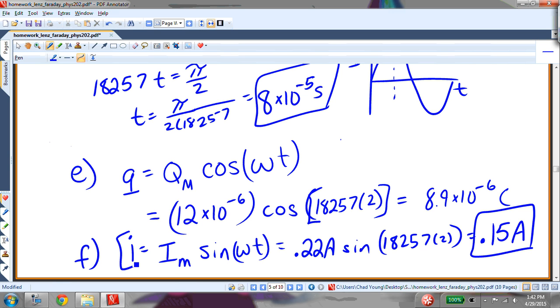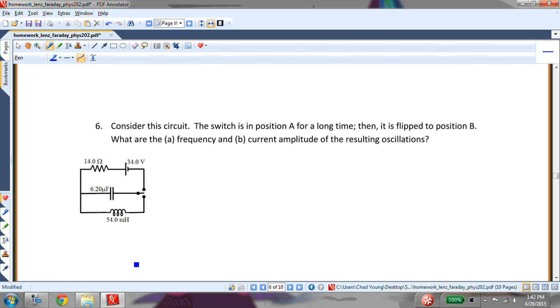All these functions you'll have on your equation sheet, but you'll need to be able to apply them in the appropriate way, and also discuss how the energy is transferred back and forth between the inductor and the capacitor, and it does that without any loss of energy because these are just field forces. Now, of course, that won't be true with the LRC circuit because now we'll have a resistor that will dissipate energy. And I think an LRC circuit,